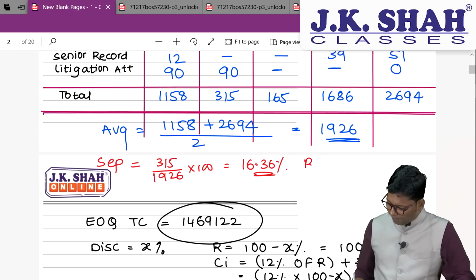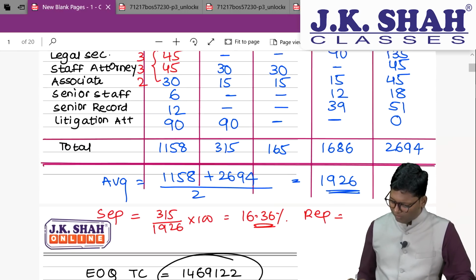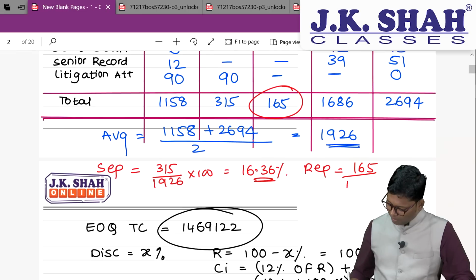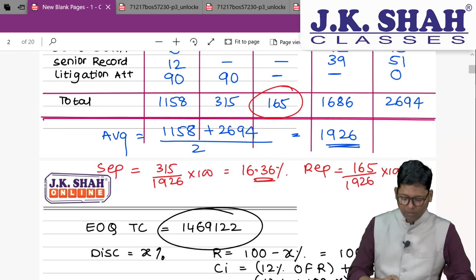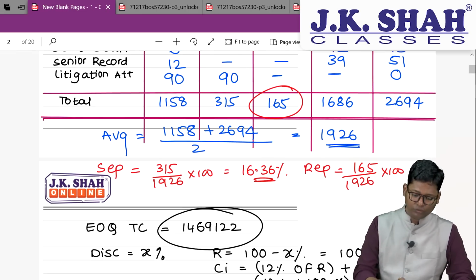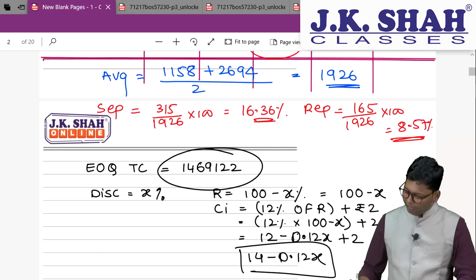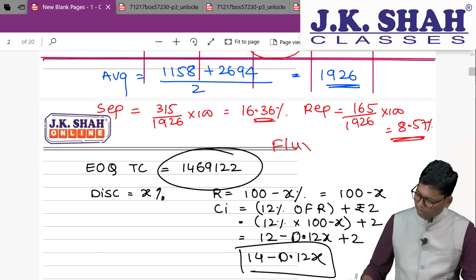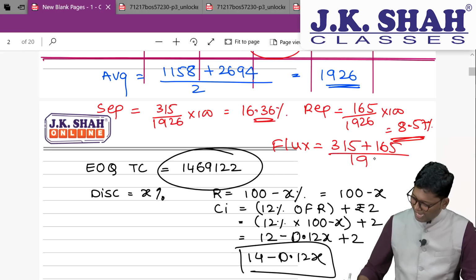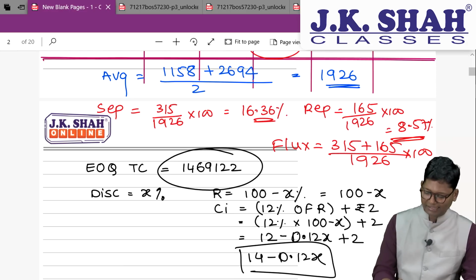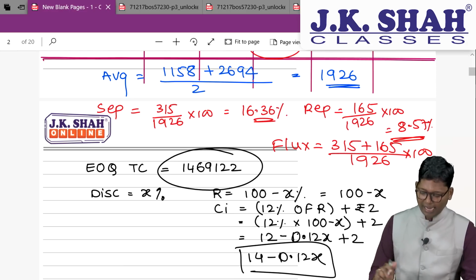If you are using replacement method, replacements are also calculated. Total replacement took place 165. 165 divided by 1926 into 100. 165 divided by 1926 percentage is equal to 8.57 approximately. And flux method gives effect of both the methods, total separated, total replaced, divided by average number of workers into 100. If you perform this calculation on your calculator, you are going to get one figure, and that is